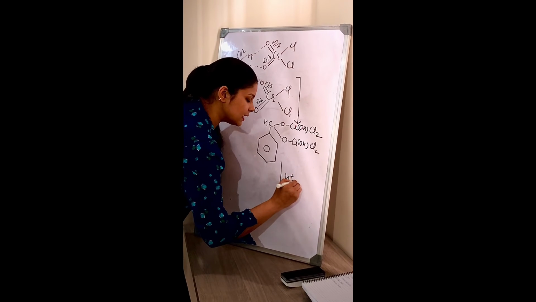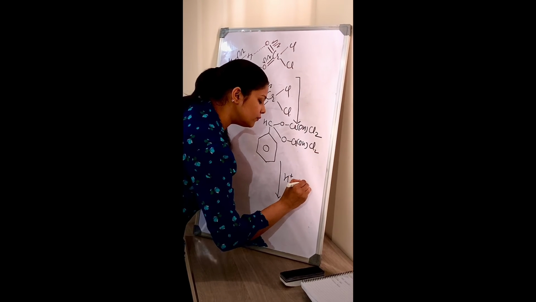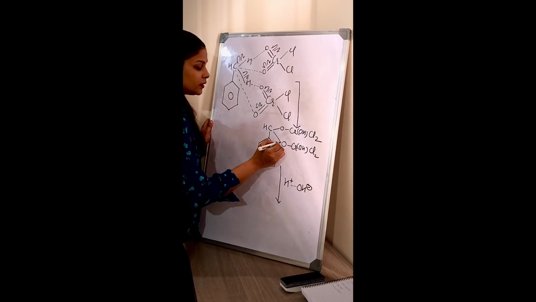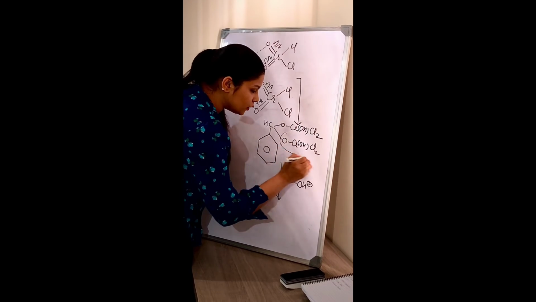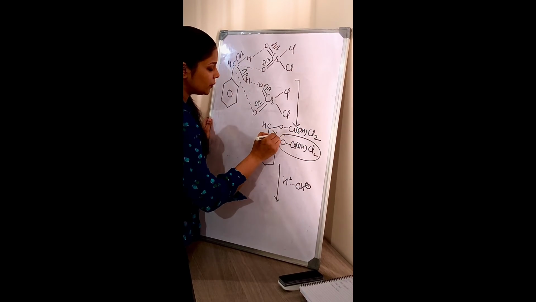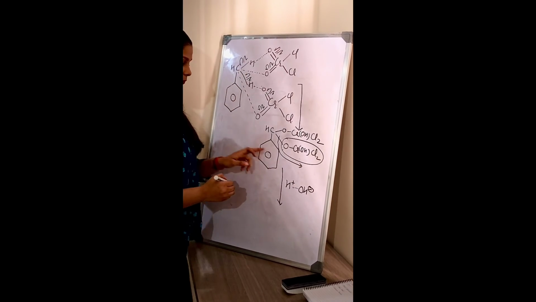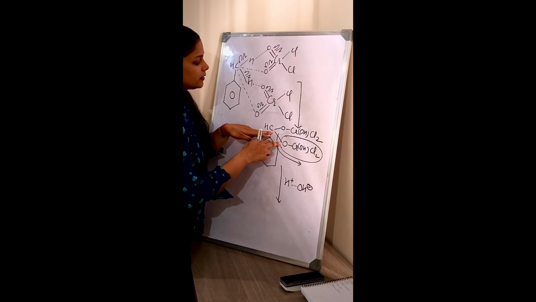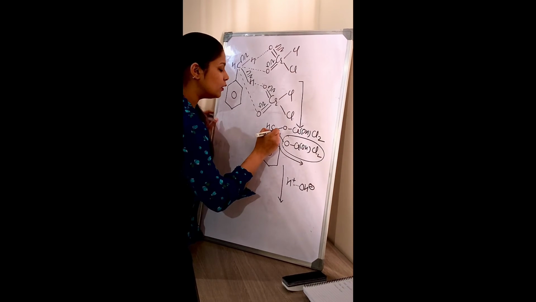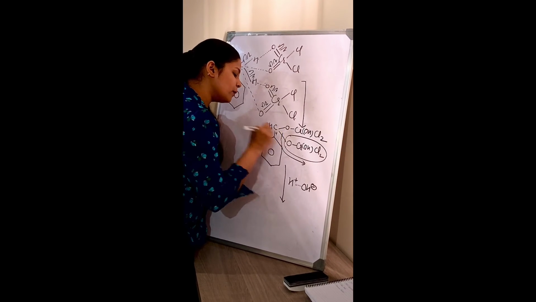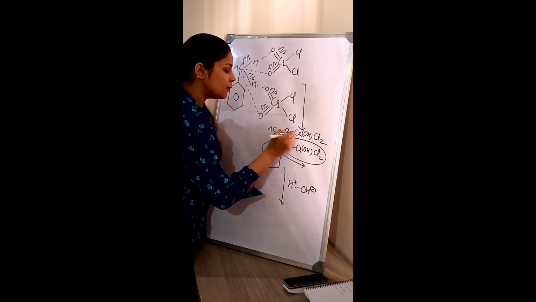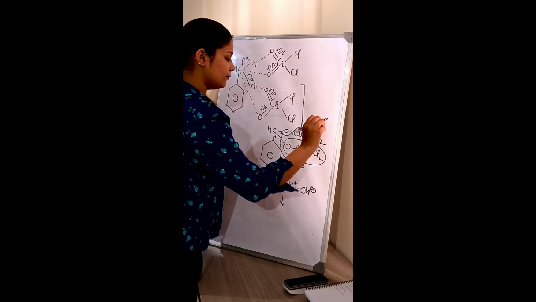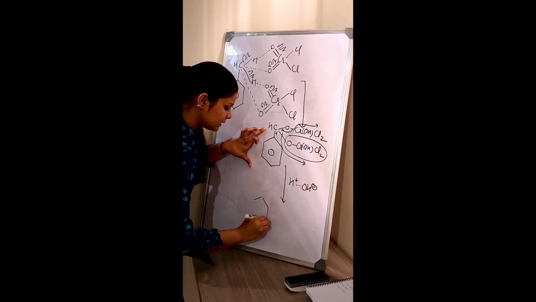So hydrolysis takes place. Hydrolysis means addition of water molecule in the presence of acidic medium. Now this oxygen, this complete group withdraws electron from the carbon and leaves the group. Now if this oxygen completely takes the electron from here, then there is loss of this carbon and partial charge formation, and the oxygen shifts the bond between the carbon and oxygen, and this group also leaves. Now the product is